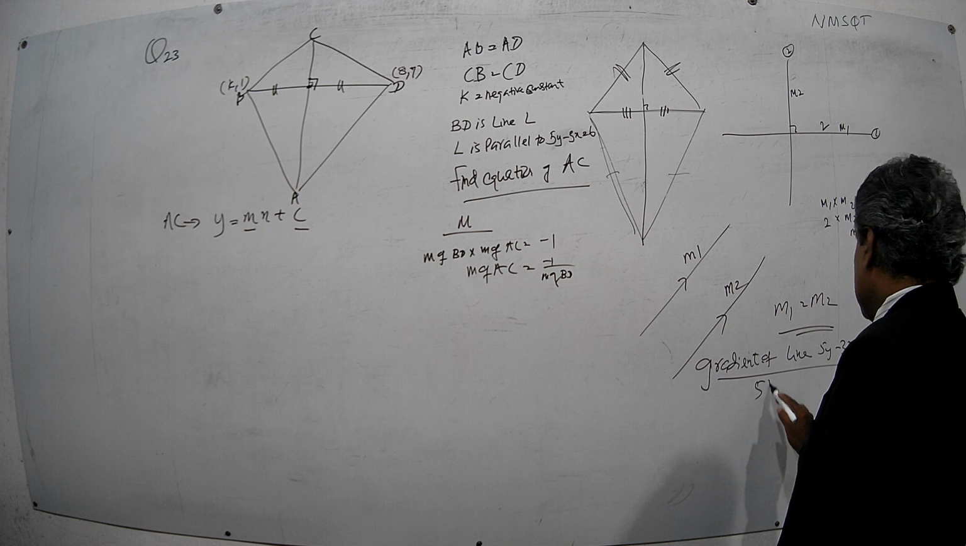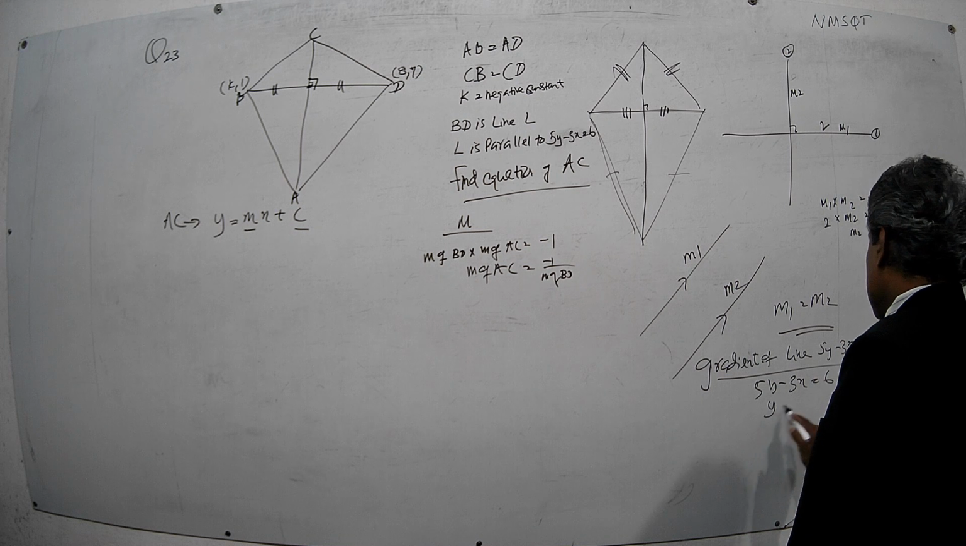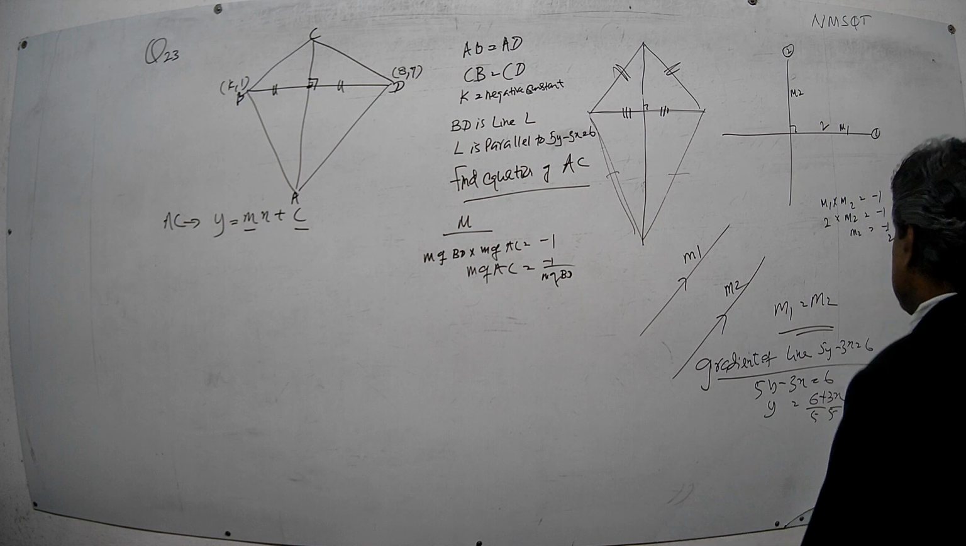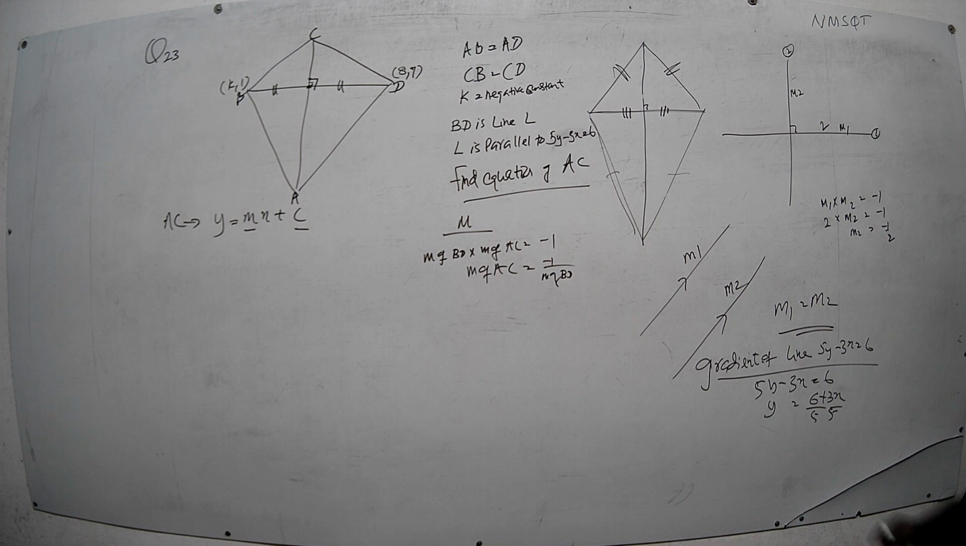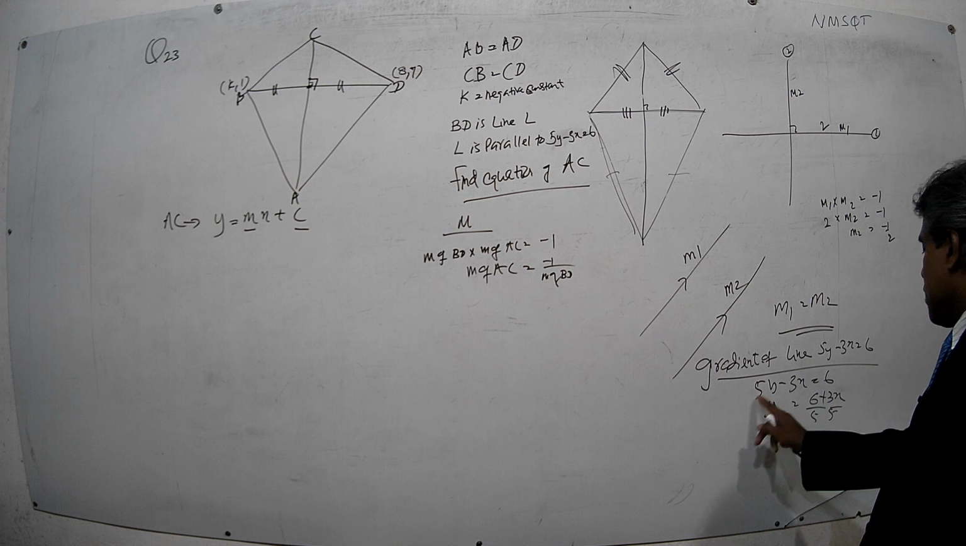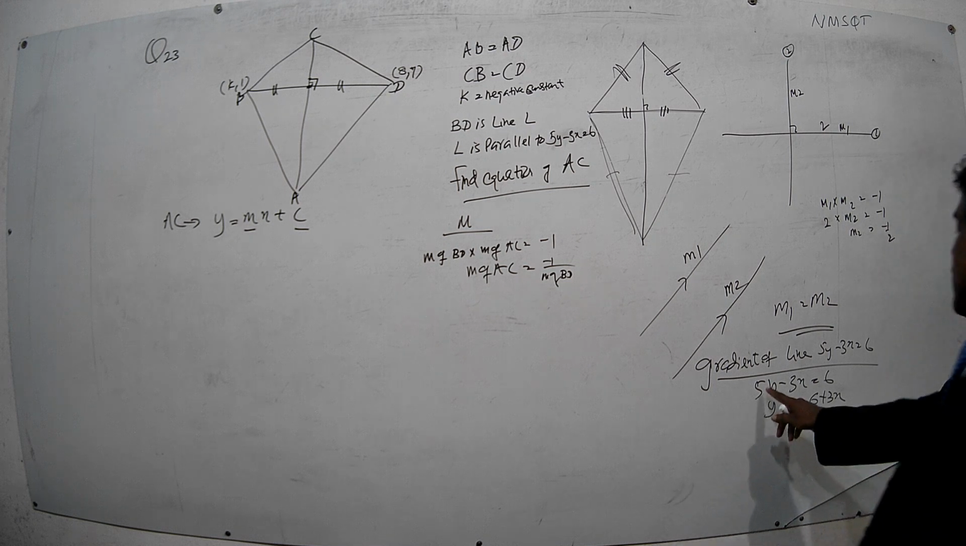Convert 5y minus 3x equals 6. Then y equals how much? 6 plus 3x over how much? 5. Like this. Here I made y the subject. First I took this minus 3x, which on the other side became plus 3x. Then 5y equals 6 plus 3x. Then as it is 5y, both sides were divided by 5 to make y the subject